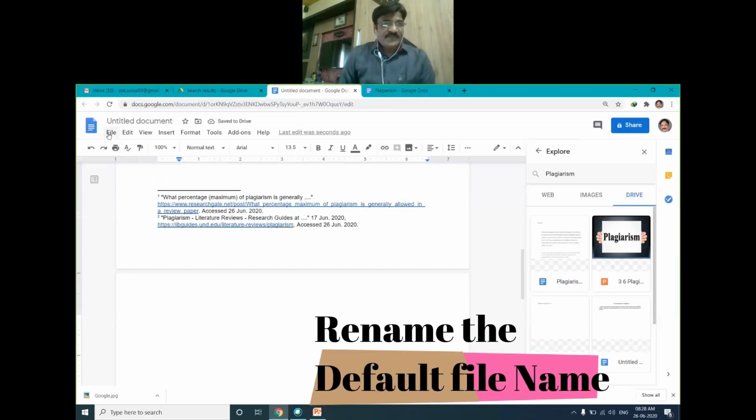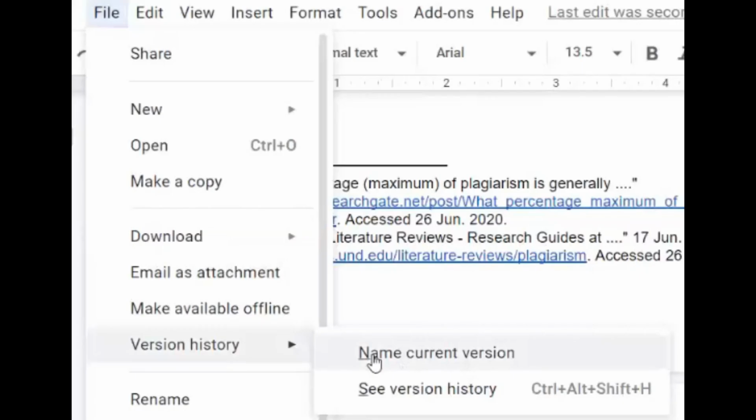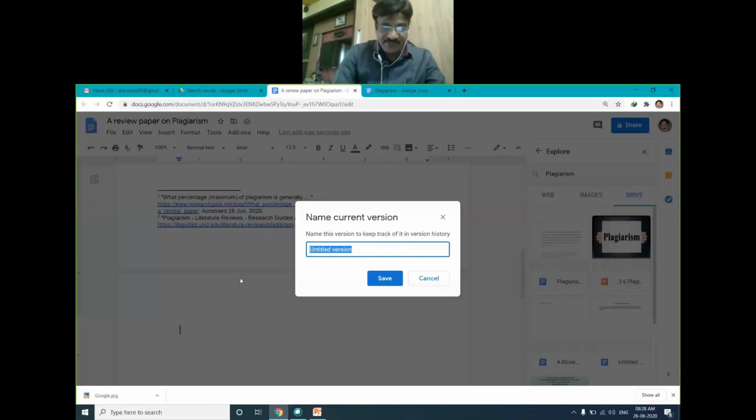Now we will save our document. We will keep the same name. Then here we have the option Version history. It means we will be able to bookmark up to where we have done our work. So I am giving here Explorer tool.